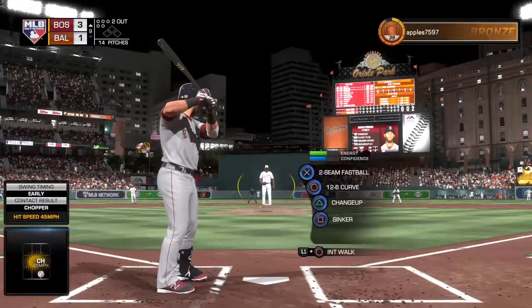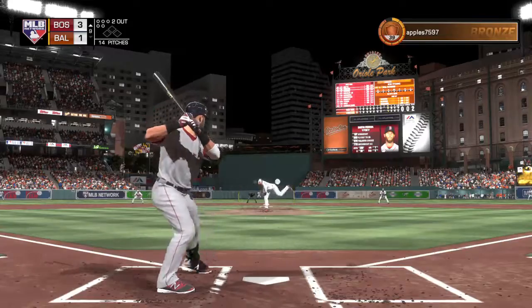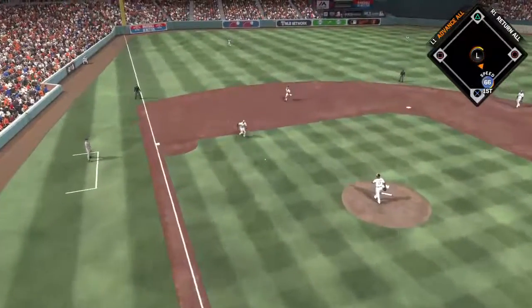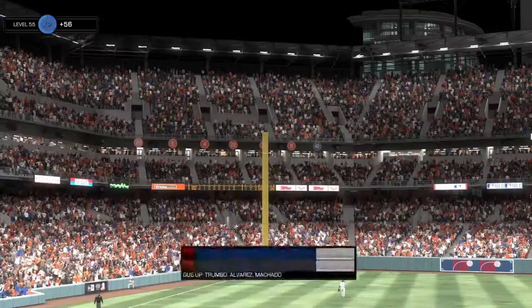Here's the second baseman now, Dustin Pedroia. 0 for 4 with a strikeout thus far. Slow roller left side. Machado charging this one. Throw to first will get him easily, and the side is